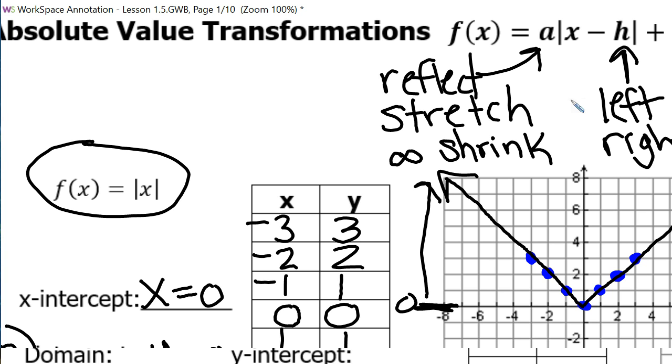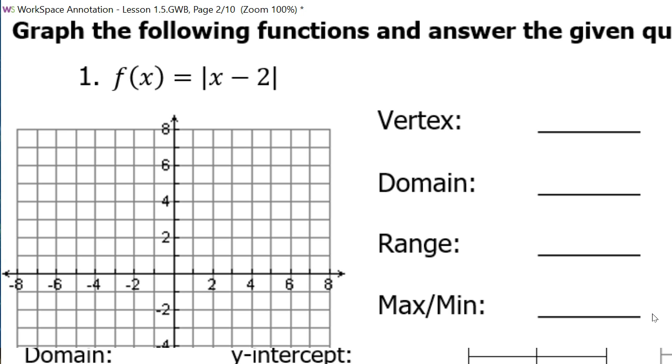So today we're not going to be using any tables. We'll be looking at the equation, and from the equation, we'll be able to see what transformations have occurred, whether it moves left, right, up or down, if it's stretched, if it shrank, or if it reflected. So we're going to look at number 1, and looking at the equation, inside the absolute value, we have a -2. So if I look back at my notes,